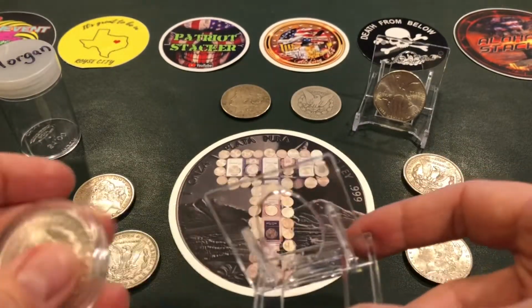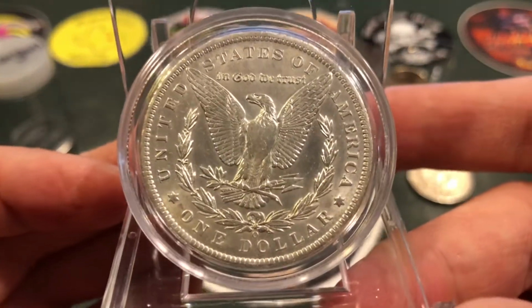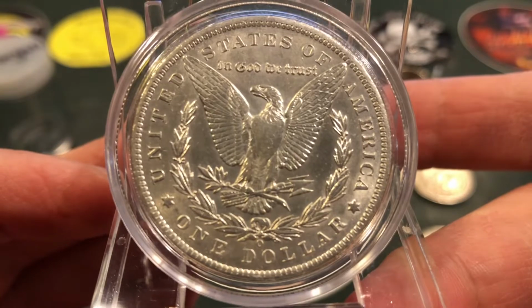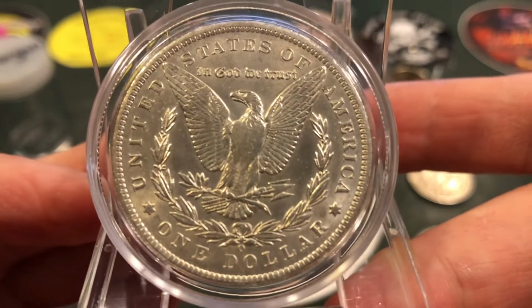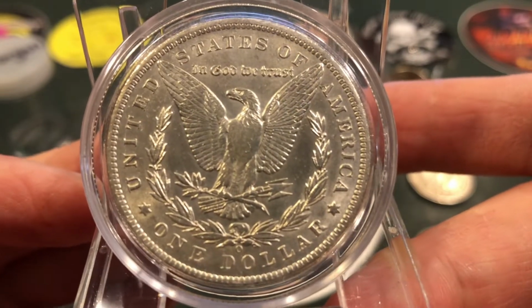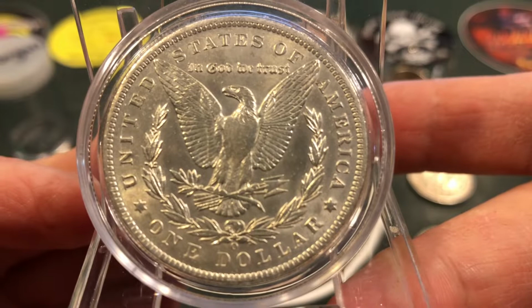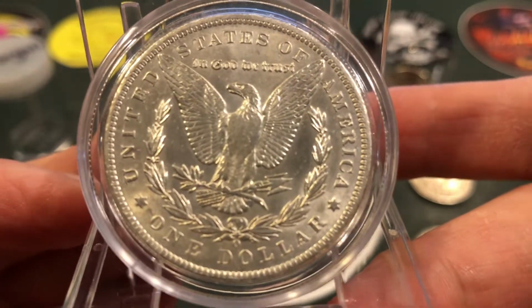Last time I was in my LCS, the fellows at the shop were telling me just how hot these coins are right now. And even the 1921s are extremely hot right now. And that's because of the big new release that is anticipated for this year. And that all stackers and coin collectors are buzzing about right now, and none of us can wait to get